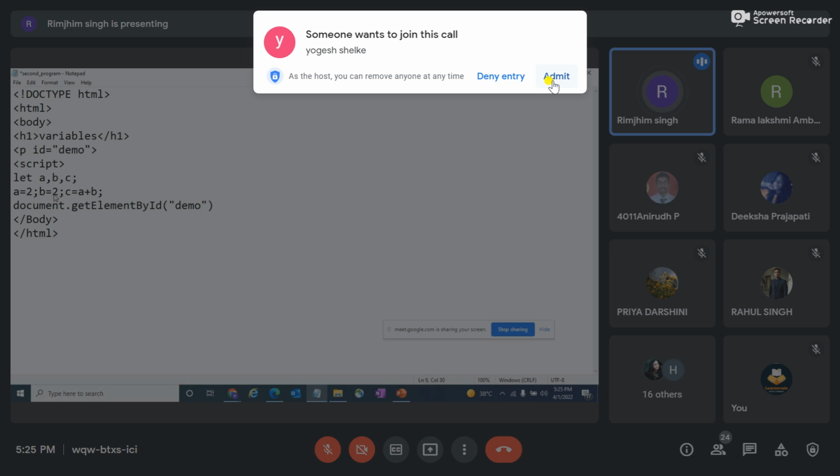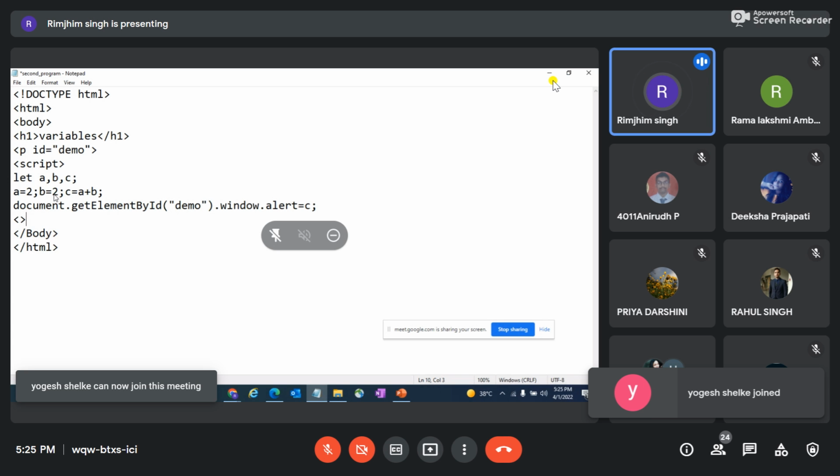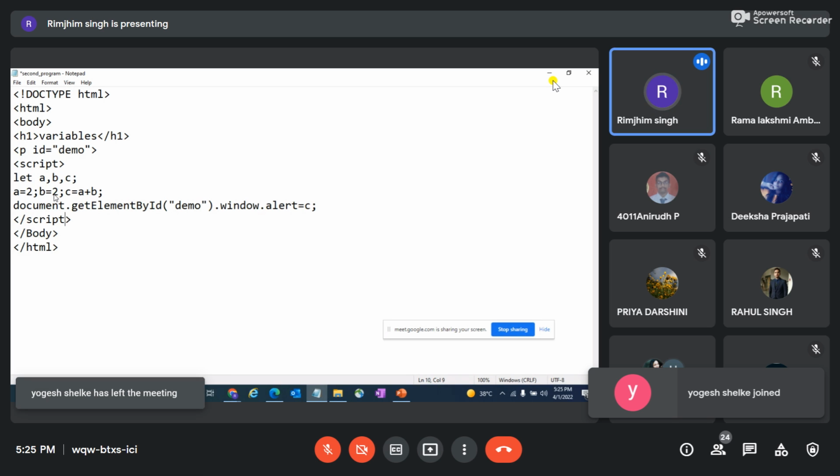I'll write demo here. Dot window.alert I can use here. I have to print the output of c. That's it. And then I can close my script tag, and then body.